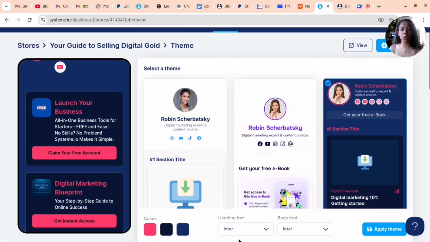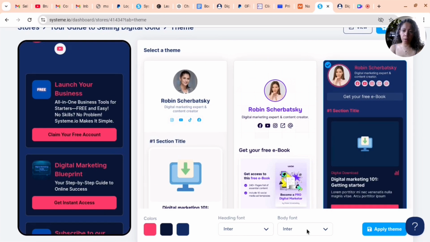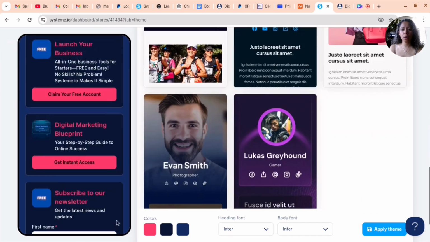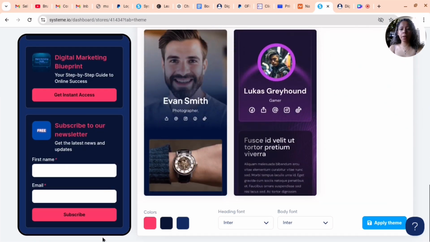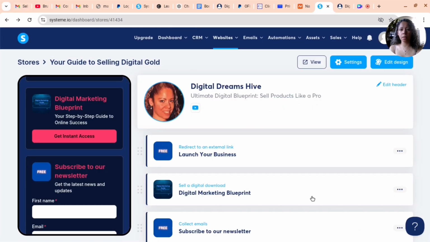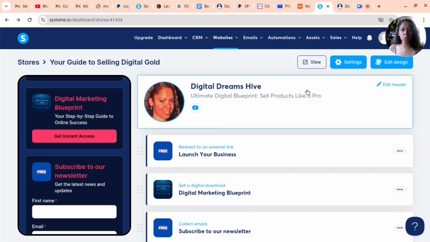You can change your colors. You can change the heading fonts, the body fonts. So I'm gonna go back. Once you finish with your template and you finish designing it how you want, you're gonna go and hit apply theme. I don't know why my thing's acting up. Okay, so let's say that you want to